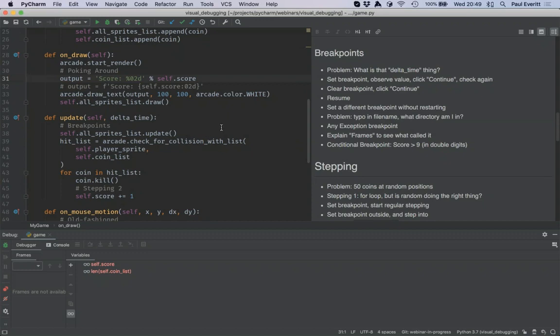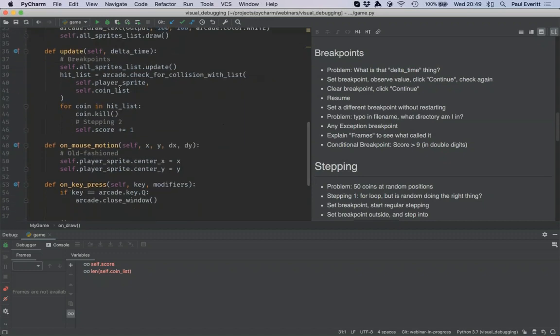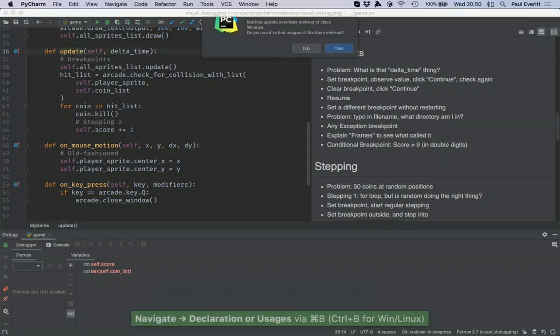All right, onward. I'm looking at this code about update, and it's kind of the important part of this game library. It calls this function 60 frames per second, 60 times a second, but it will pass you in this value it computes called delta time. So you think, what is that? Well, I could go look at